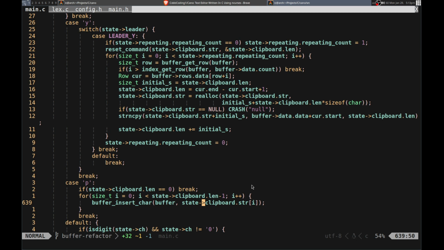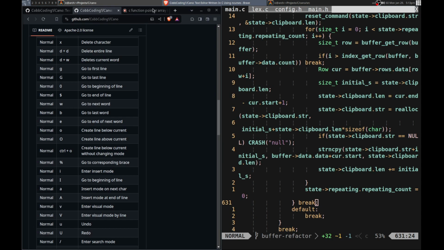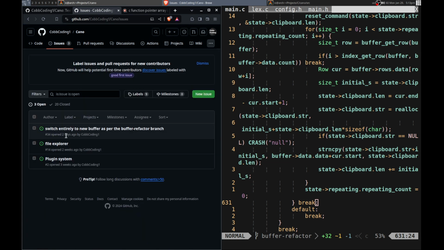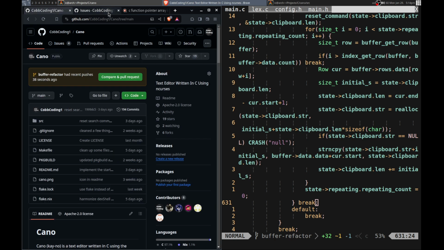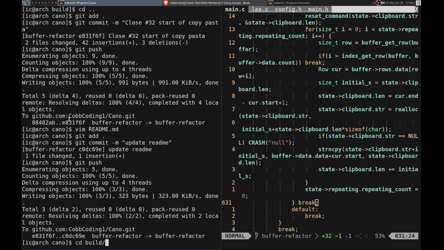All right, that's one. So that's pretty good then. What else? Is there anything I am forgetting? What else was in the issues? Let's see. File Explorer, that's a bit further down the line. I want to implement more stuff before that. Basically, I'm just working towards merging it back to the main one, and it pretty much has all the features that the old one had, and a few more as well,